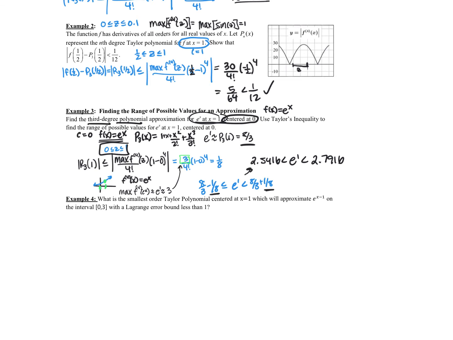Okay, so last example here. We want to find the smallest order Taylor polynomial centered at x equals 0, which will approximate e to the x minus 1 on the interval 0 to 3. So if we want to find